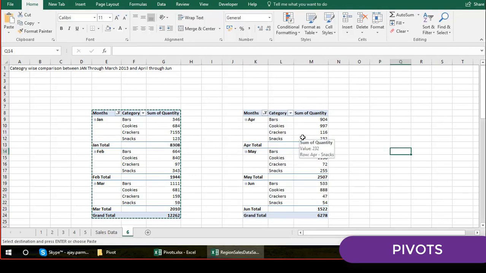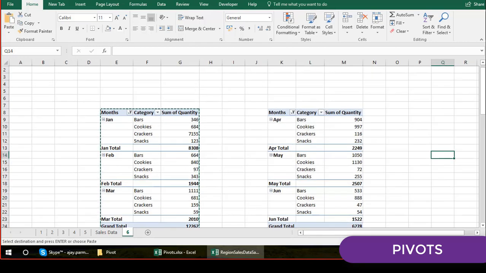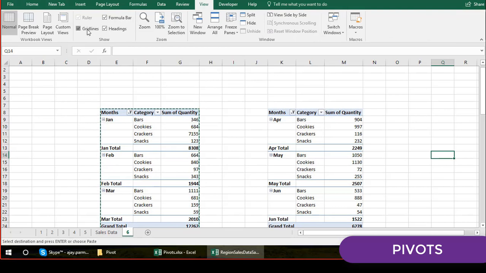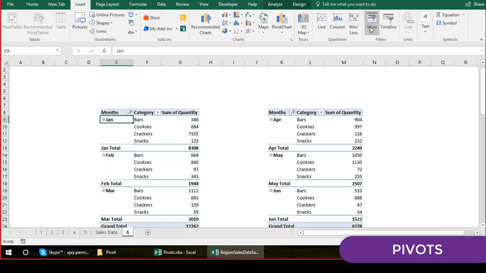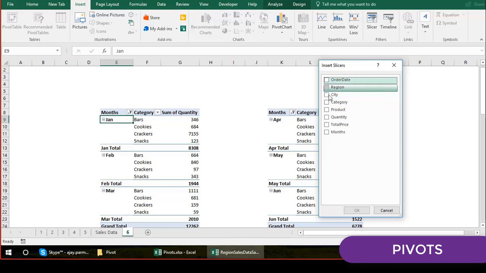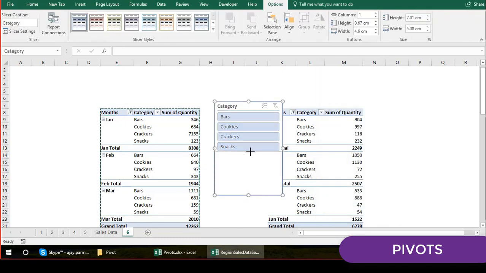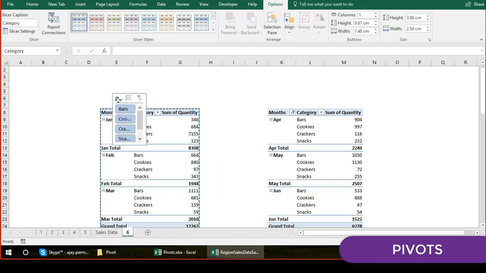So finally we have all the month on month performance. This is also how you can create the pivots and show the comparison to the management. You can remove the grid lines from here. If you want to show these slicers, as I said, you can create the slicers also. Again, go in the insert, click on the slicer. So let's create the slicers, maybe not for the month, but I'm interested in only the category. So I go and click on the category. I have the categories coming here. I put them somewhere to the left side this way.